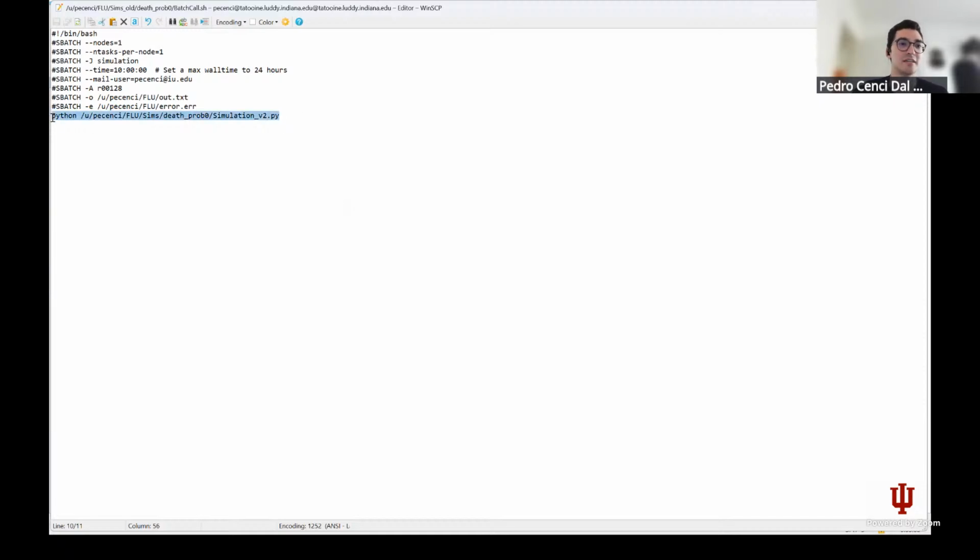This is what you need. If you can issue simulation runs using this command, everything else in terms of script doesn't require